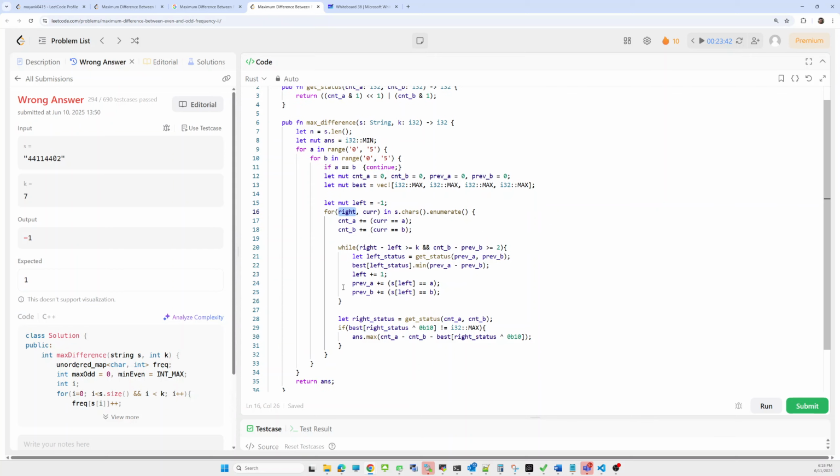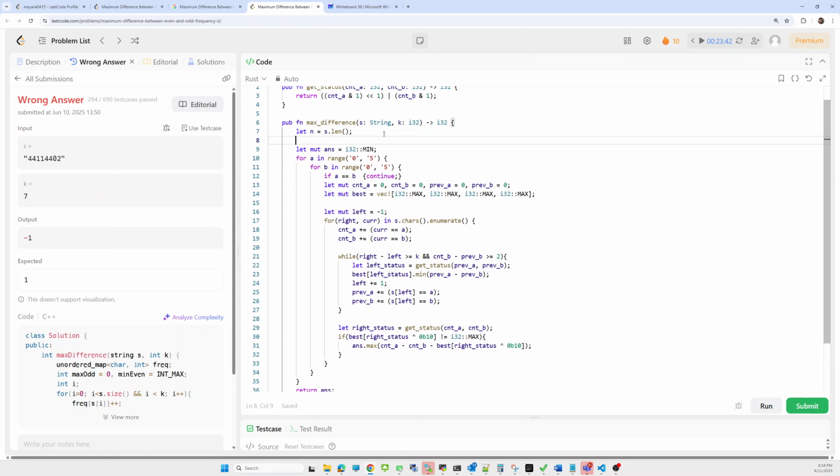I want to access the string based on the index value, but index based access is not available in this. So for that I have to take a vector of characters.